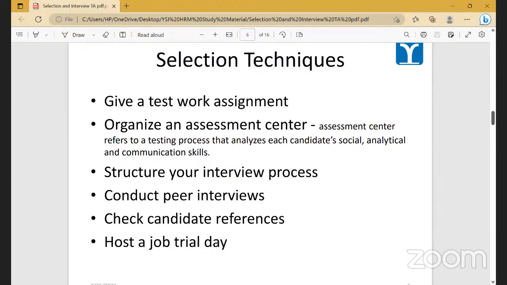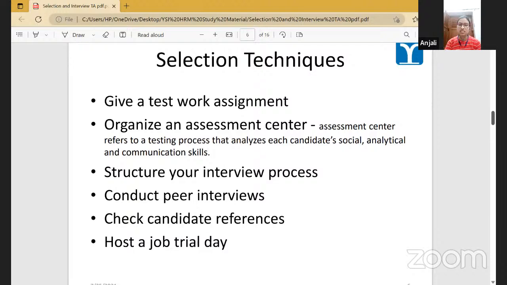Okay. So I'm saying that giving test work assignment. What do you think about it? Some sort of work directed towards certain people, and then their responses can be checked. Like we get college assignments, and how we perform on that basis, we get marks. So in the corporate or industry sector, we can provide some project or work to the employee, and then how they are behaving and how they are performing the work, on that basis we can finally conclude or analyze.